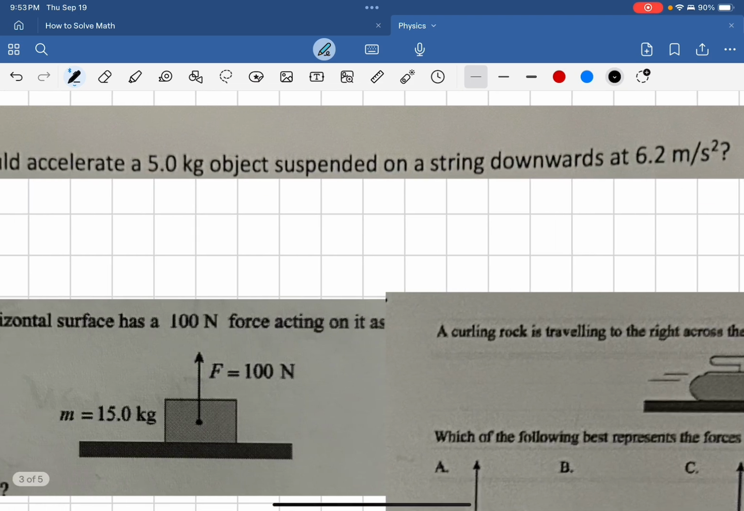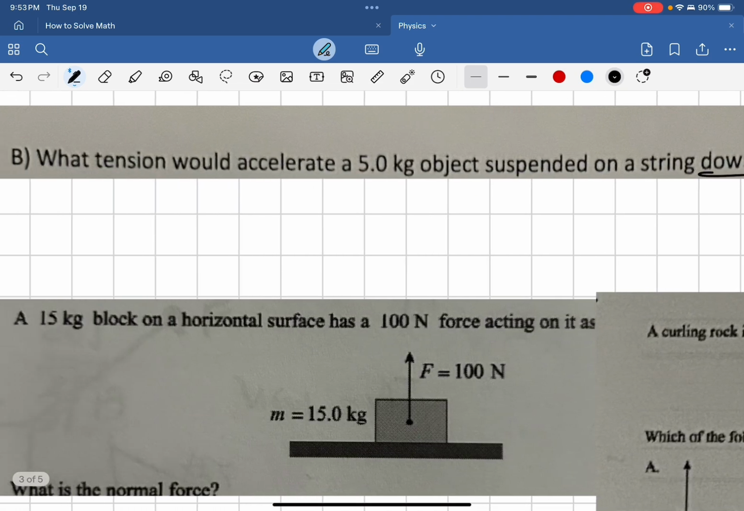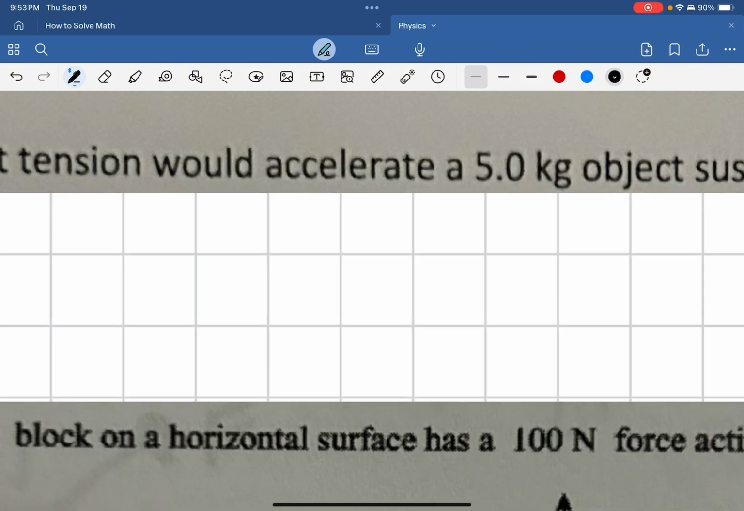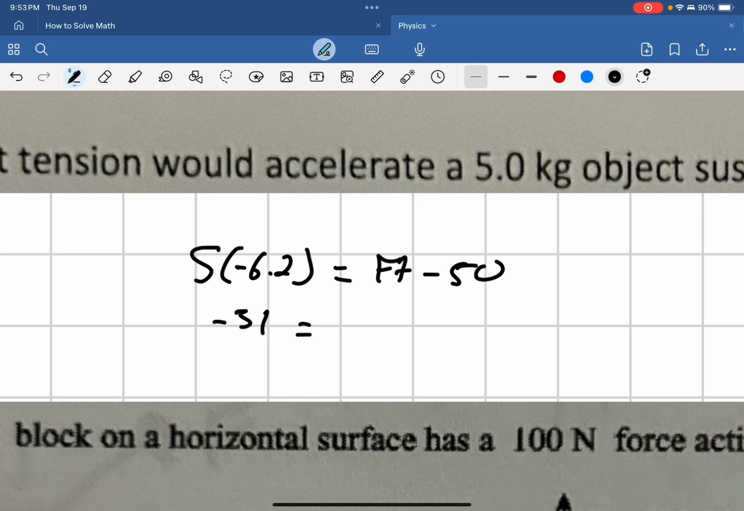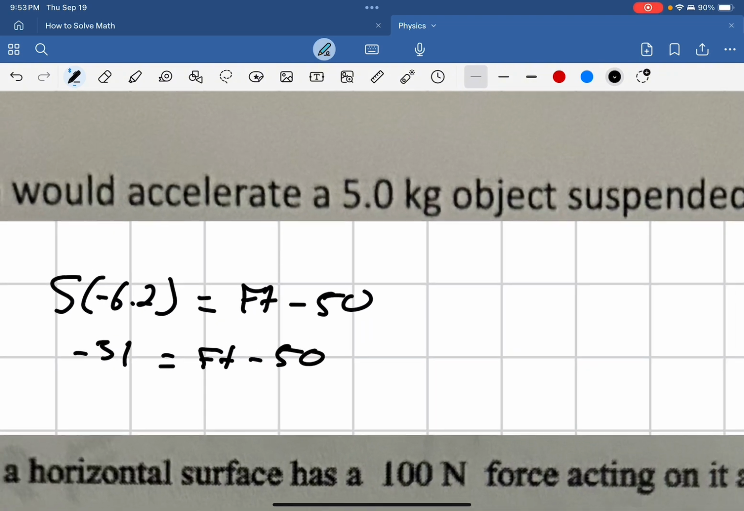Moving on to the next page, we actually have part B to that same problem, except it's going to be if it's going downwards at a speed of 6.2. So instead we would do 5 times negative 6.2 is equal to f of t minus 50, and this would just get us negative 31 is equal to f of t minus 50. Add 50 to the other side, you could just do 50 minus 31, which would get you,